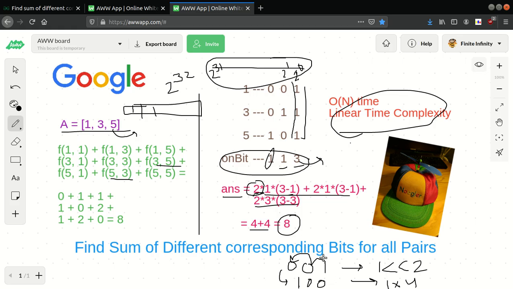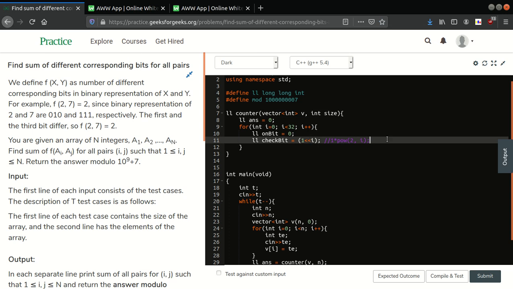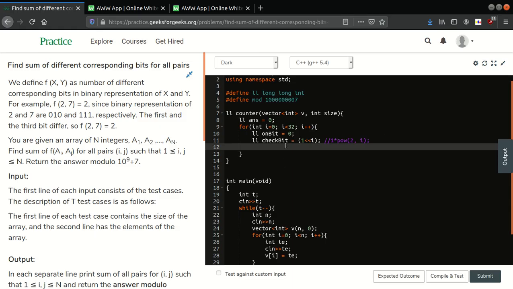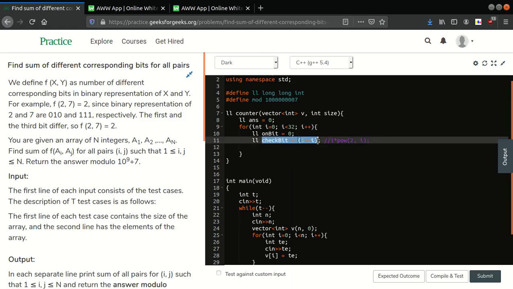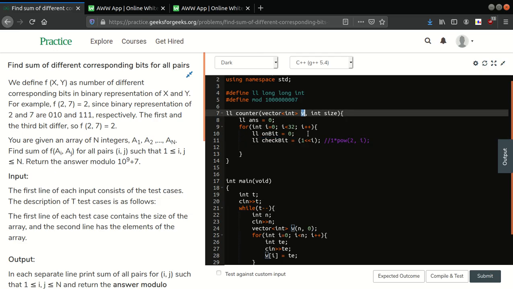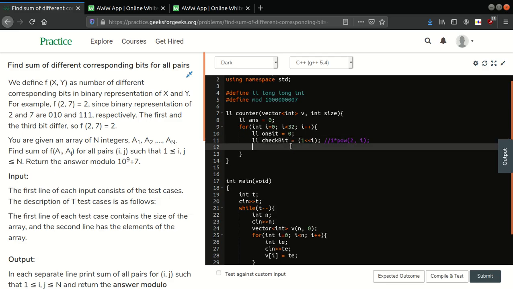So this is 4. Okay, so this was left shift. Then I'll be using bitwise AND with i for each element of our given vector, and I'll do bitwise AND with this to check if the particular bit is on or not.